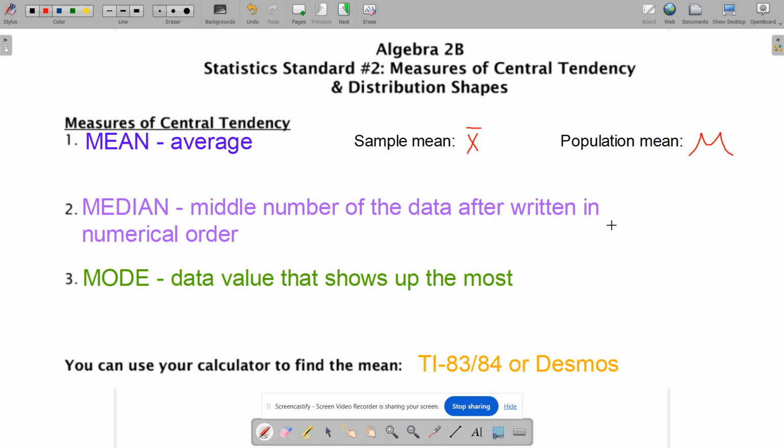Median is another measure of central tendency. The median is basically if you take all the data values, put them in numerical order from least to greatest, you would find that middle value. If there happen to be two numbers in the middle, then you take those two numbers and average them to find that median. And then the mode is the most,